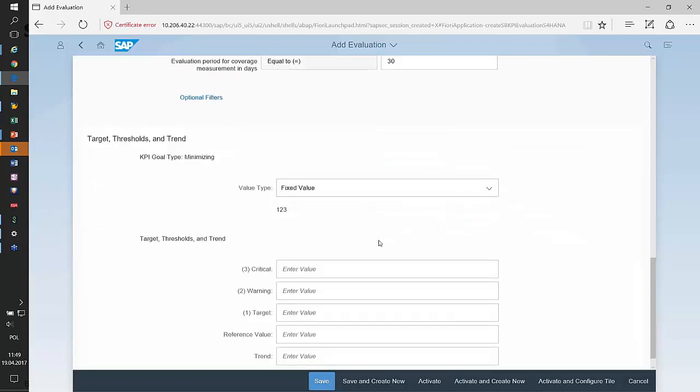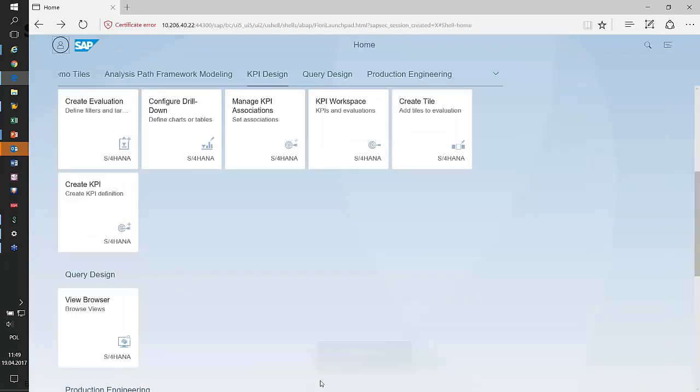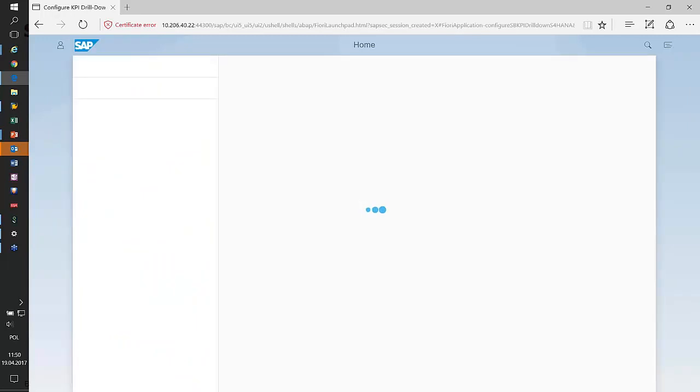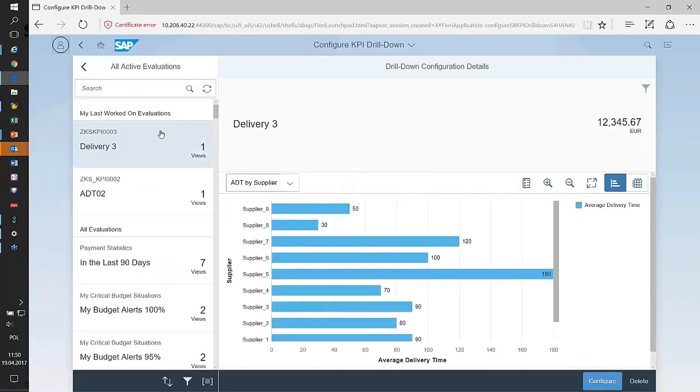Let's say that critical is when we reached 30 days for average delivery time. Let's say warning when we have 20 targets, let's say 1 day, and reference value 1 day as well. We can save it and configure a drill down, so reporting it. So till now we configured KPI,